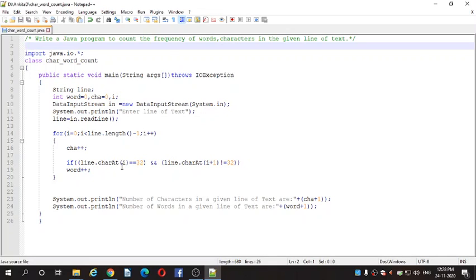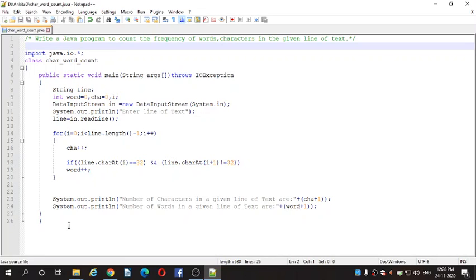So if it is equal to white space and line.charAt(i+1), that is the next character from the current character, is not equals to 32, then if both the conditions are true, then it will increment the value of word. And we are done with the for loop.